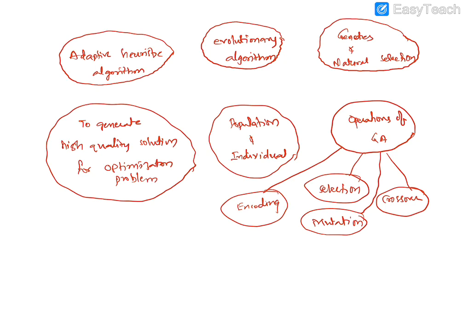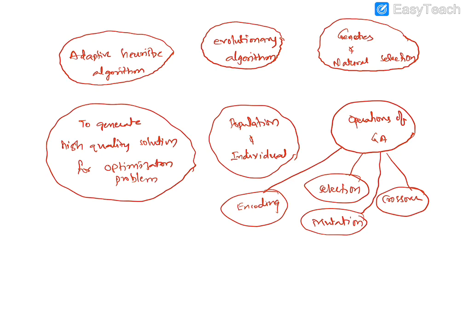Basically, genetic algorithm is also known as an adaptive and heuristic algorithm. Why? Because it observes the environment of the system. And an evolutionary algorithm, why? Because we consider some particular time duration as one generation, and whenever we observe remarkable changes in phases, we consider those phases as evolutions. It is completely dependent on genetics. And why do we use the genetic algorithm? In order to generate a high quality solution for optimization problems. Whenever we develop a solution to any problem, the solution should be of high quality, and that we are able to achieve with the help of genetic algorithm.